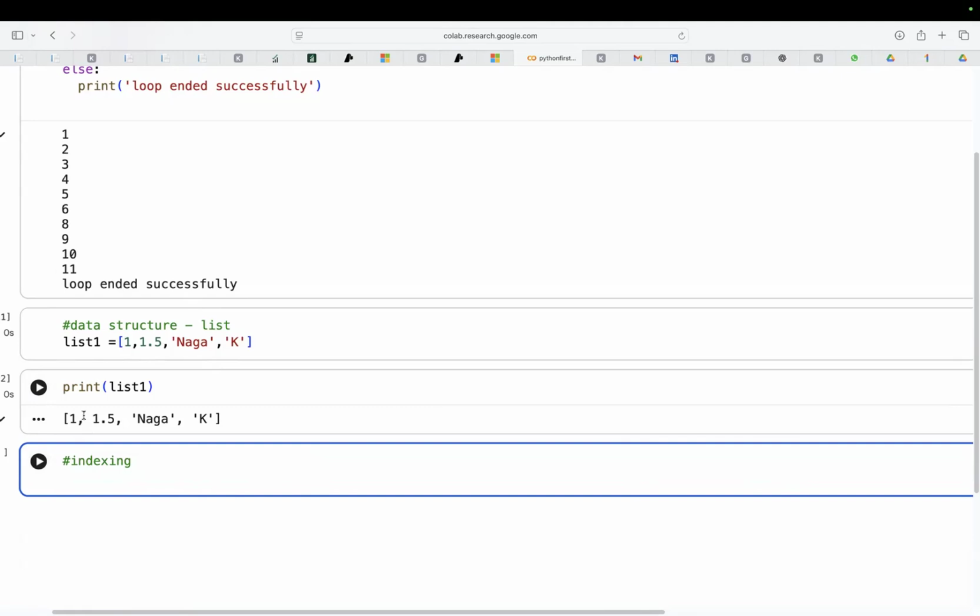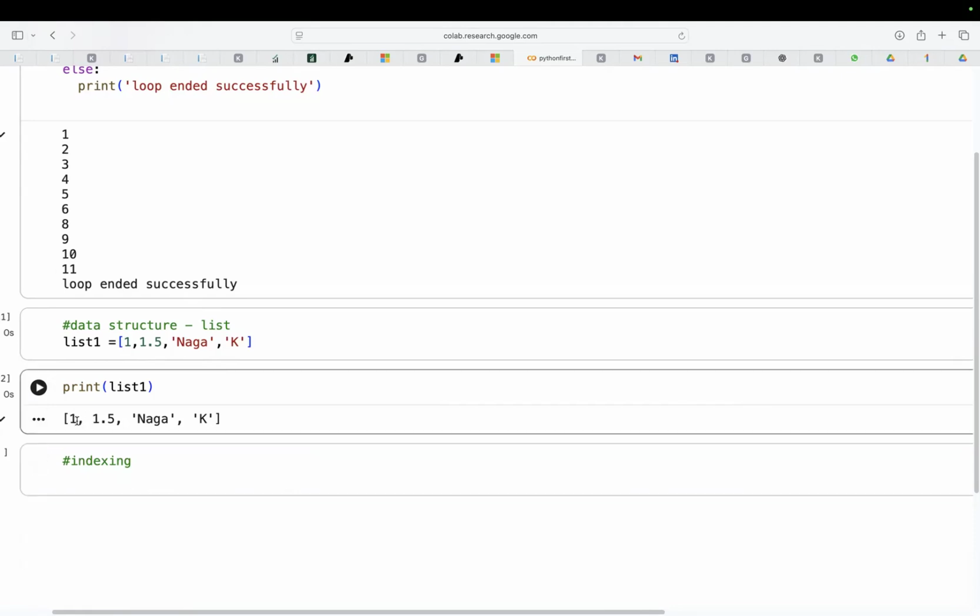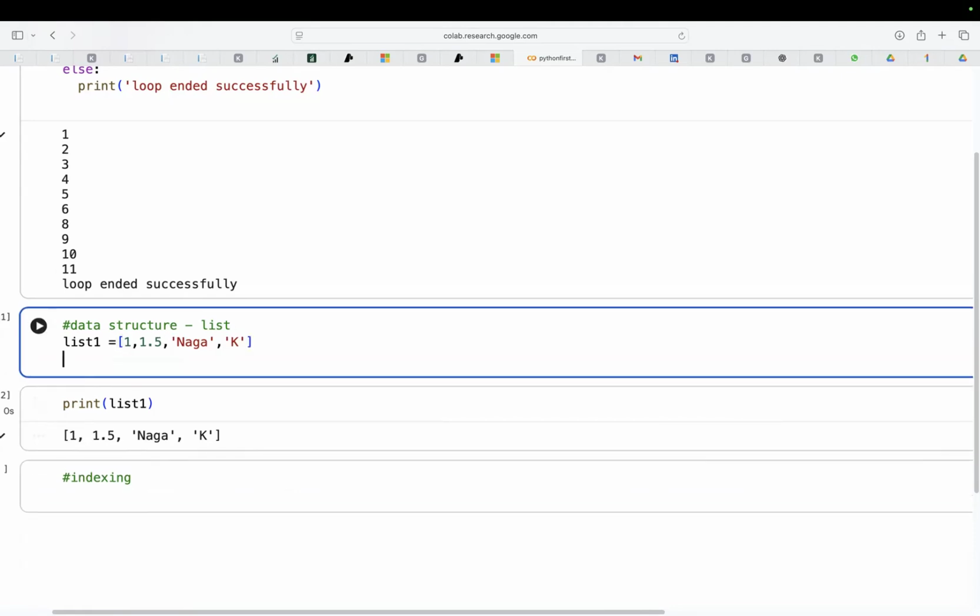If you want to find your friend in your classroom or in your college, you ask, okay, where is she? In which desk is she? Is she in the last desk, or in the front desk? You'll find her with the help of the position. Similarly, here with the help of the position numbers, the indexing numbers, you can find the elements of the list. So for example, this is placed in the 0th position. If I write down here,